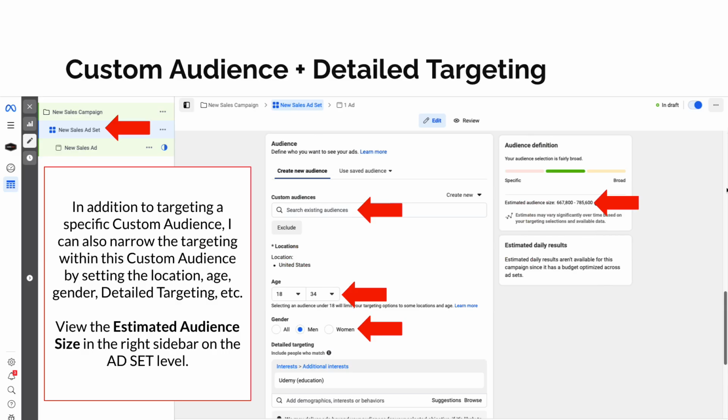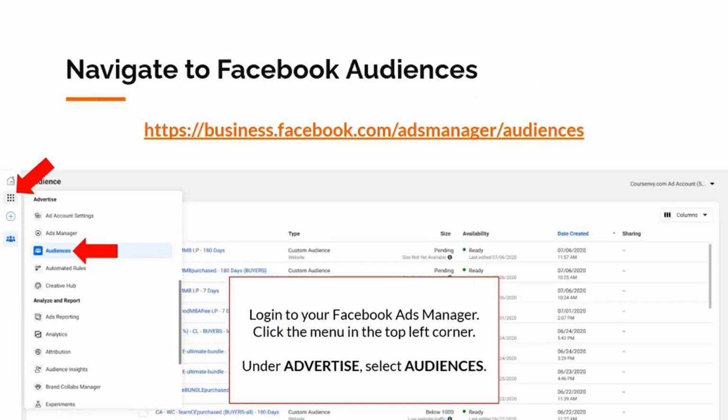In addition to targeting that custom audience in this ad campaign, I am also narrowing the targeting within this custom audience by setting the location to USA only, setting the age, and setting the gender. Since my custom audience is fairly new, I'm just taking a segment of my entire custom audience by doing this. Because people all over the world view Coursenvy.com, but we're just targeting the United States portion of that custom audience. So navigate to Facebook audiences at